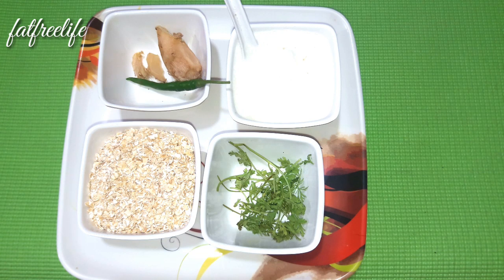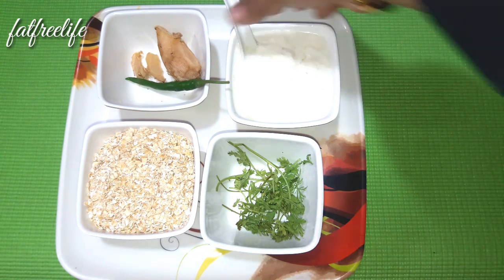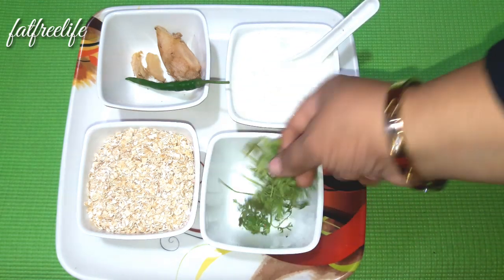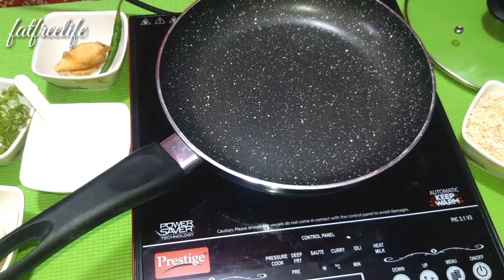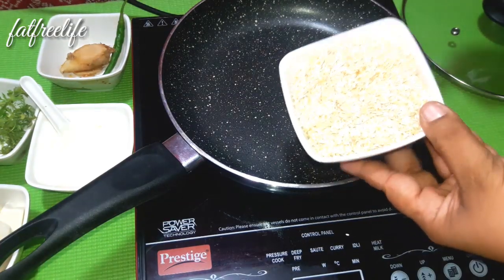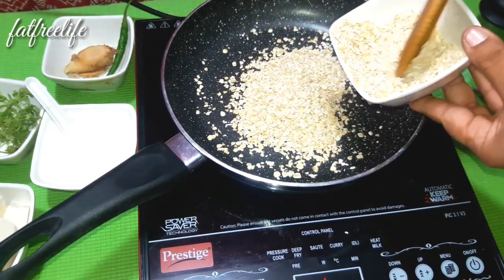So now what we'll do, we'll just mix everything in a grinder and make a paste out of it. If you don't have curd, you can even take buttermilk, or you just grind this curd with the water, it will become buttermilk. Now you have to take oats and put it in the pan, and we'll roast these